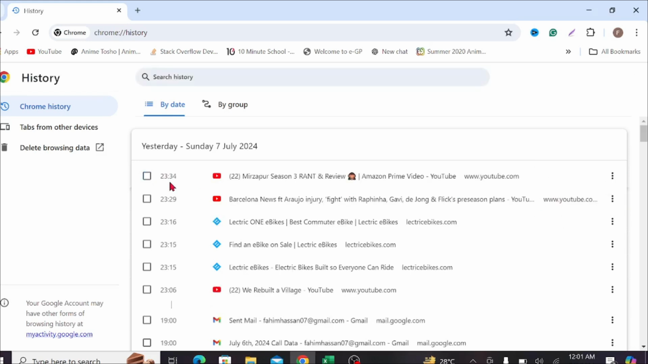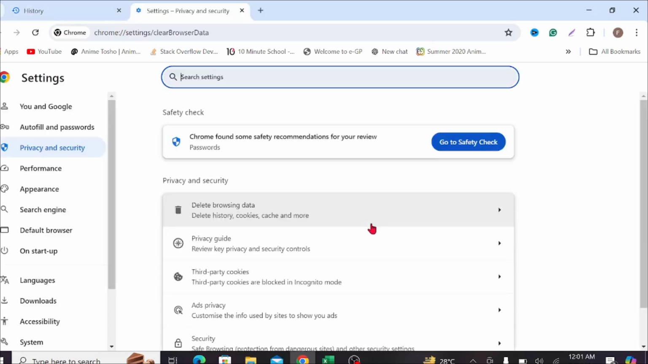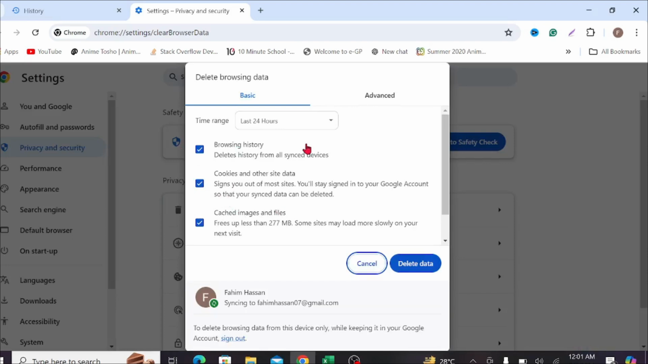It will be removed. But if you want to delete all the history data, just go to Delete browsing data. Now this window will pop up. After that, uncheck those two options, and from the Time range option, click it and select All time. After that, select Delete data and your history will be removed